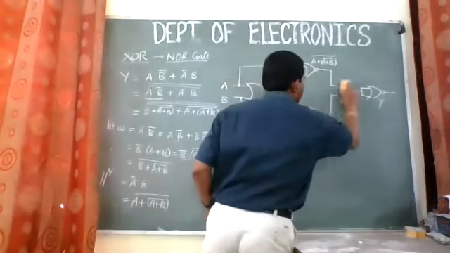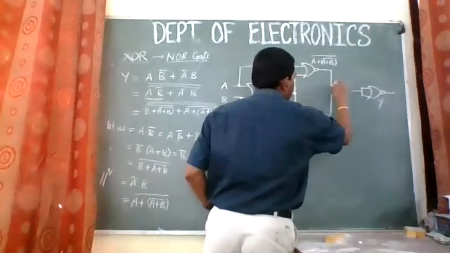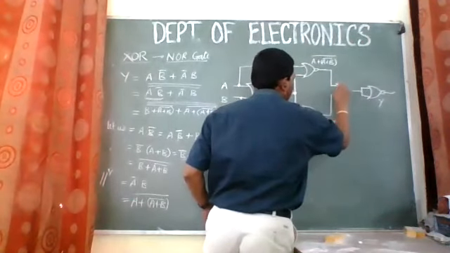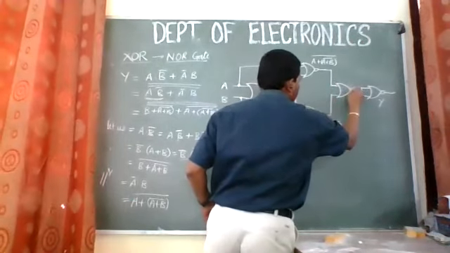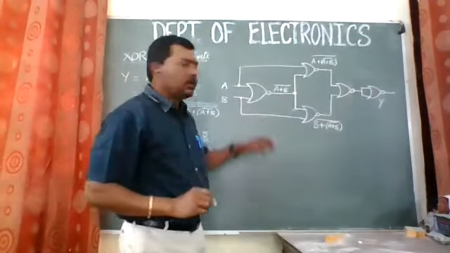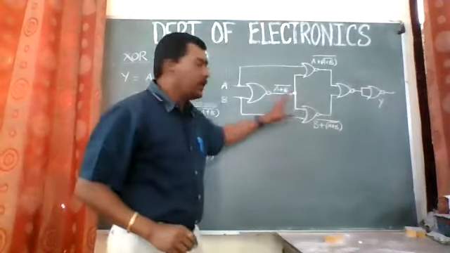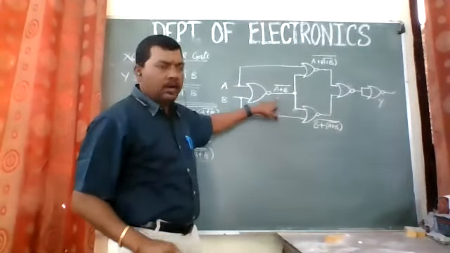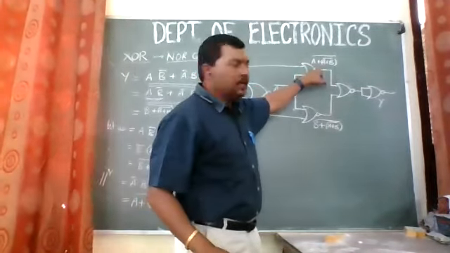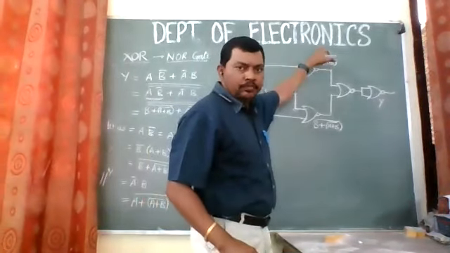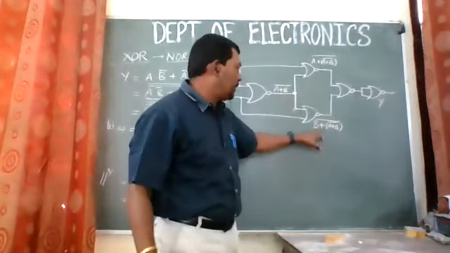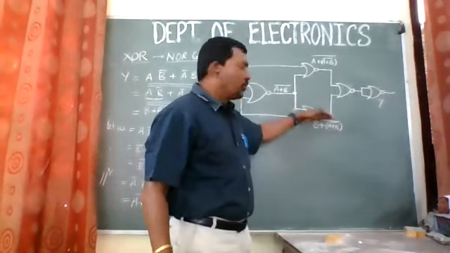This gate is a little bit smaller. Let me draw it properly like this. Yeah. So it's okay now. So this is NOR gate. This is also a NOR gate. This is also a NOR gate. Here we are getting A plus B bar. Here we are getting A plus B complement of the whole complement. Here we are getting B plus A plus B complement of the whole complement.